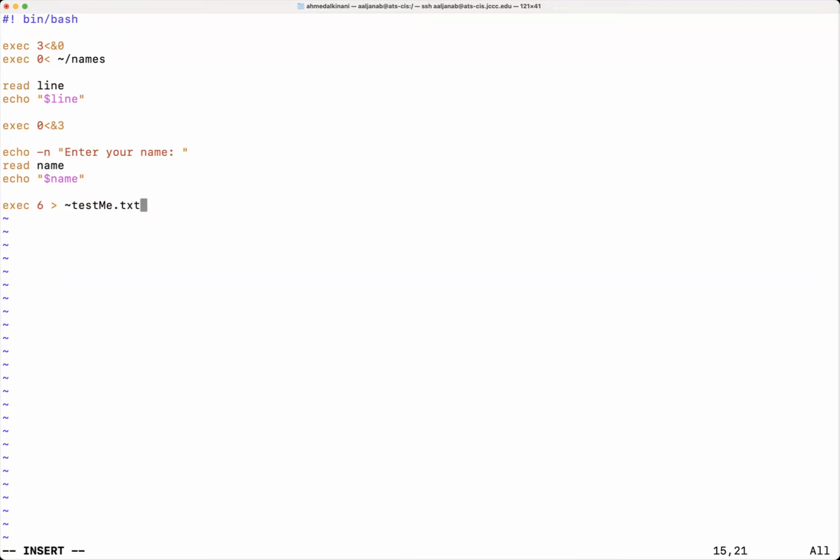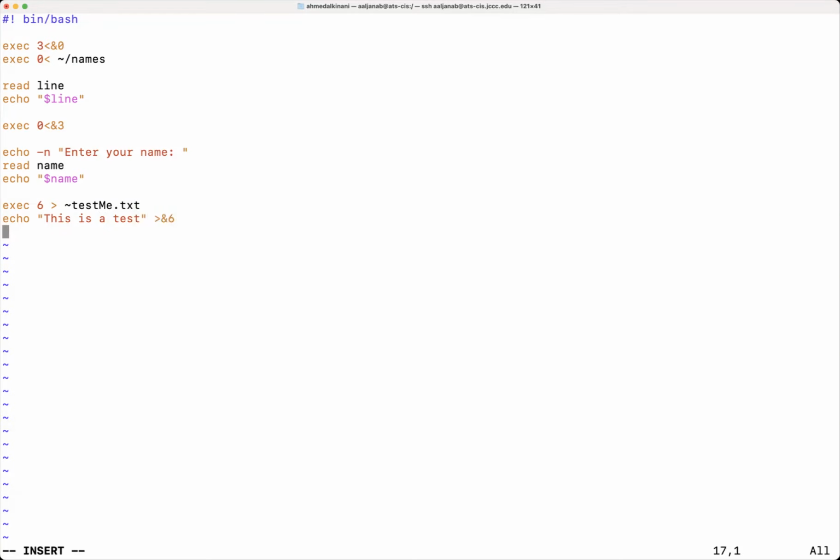So this is me redirecting my outputs. If I come here and type echo, and I'll say this is a test, and remember here you redirected to 6.